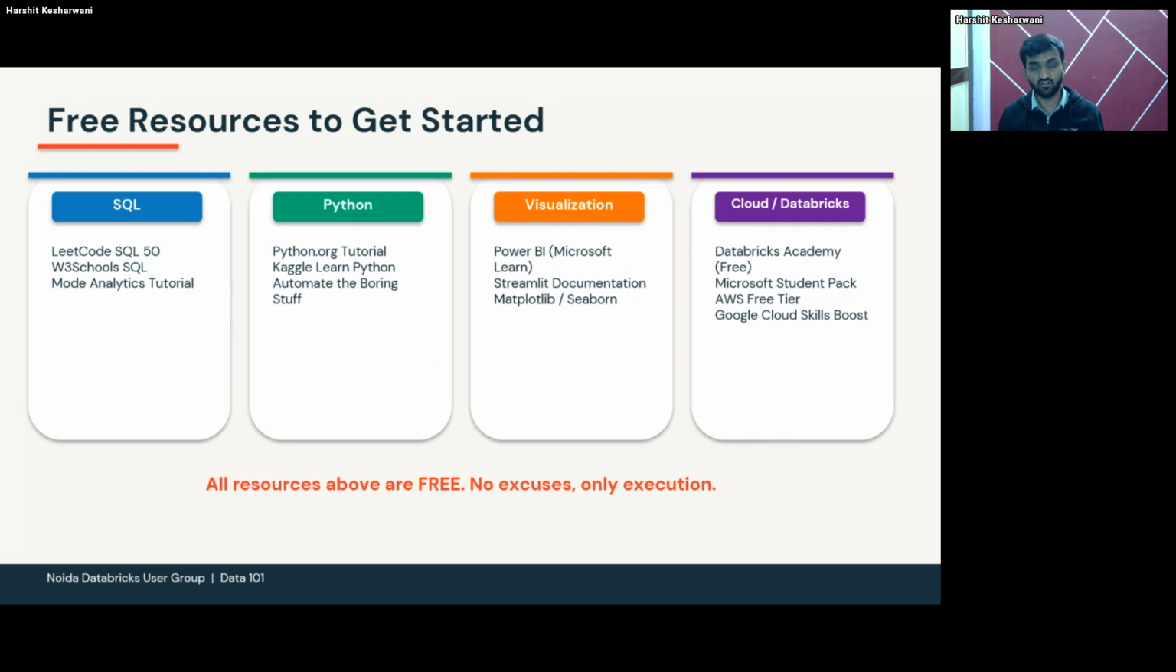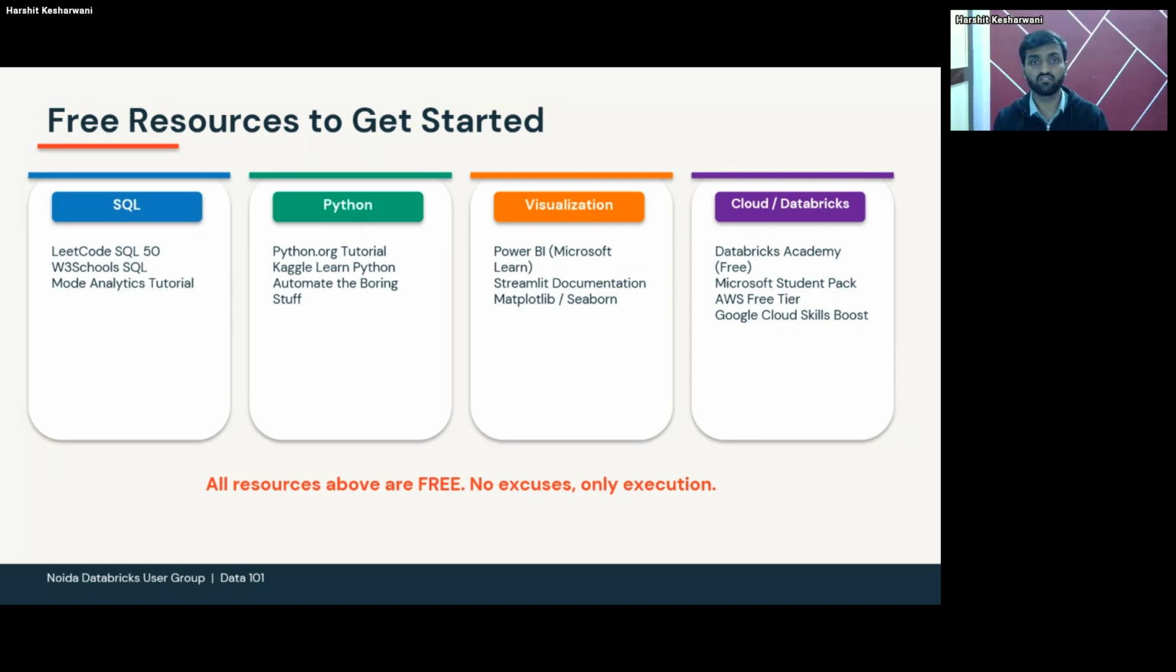But when it comes to cloud, you need access, right? You need some resources, you need access to build something on cloud to understand the platform. So in order to do so, we have Databricks Free Academy,